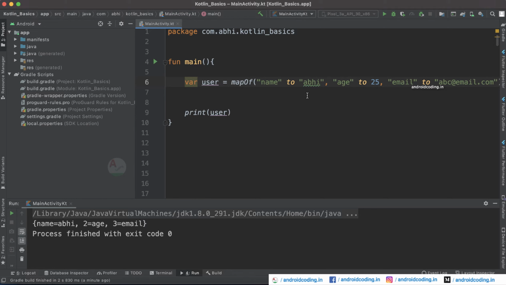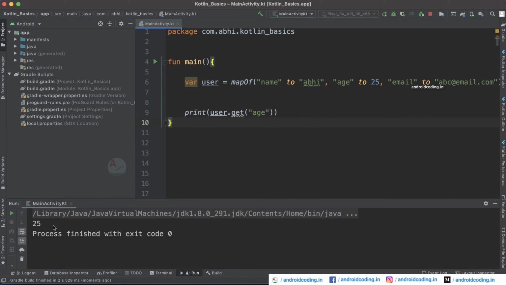We can easily map the key value pairs, and whenever you want to fetch, for example you just want age here, user.get, and inside which you can provide the key age. Now when you run this code you will get only the age of that particular user.